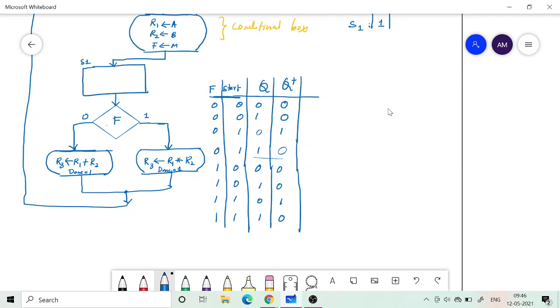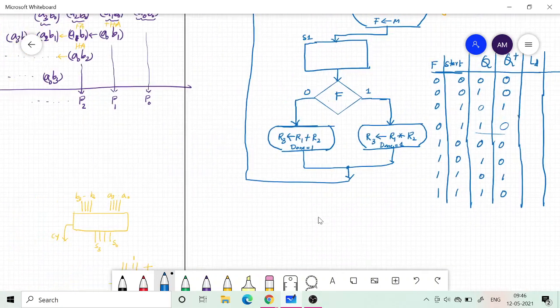Okay, but when it comes to my control signals, so what are my control signals? One is LD. Okay, LD also doesn't depend upon my F, right? LD depends on whether start is 1 and we are at S0. That's what LD depends on. And what is the other control signal? So let's list out all the control signals.